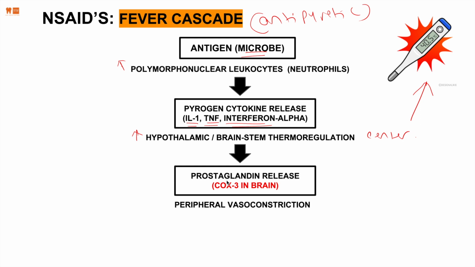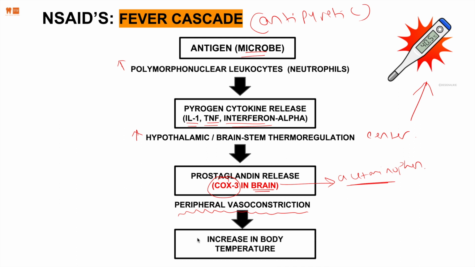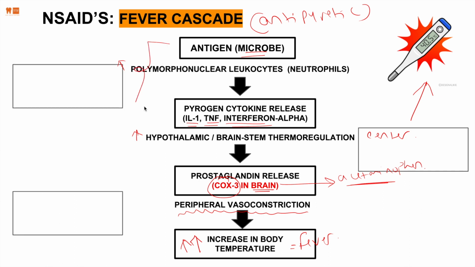This will lead to prostaglandin release, specifically COX-3 in the brain. Remember, so far we've talked about COX-1 and COX-2, right? Well, this is COX-3 in the brain. Where will this be affected? In acetaminophen. We'll talk about COX-3 in acetaminophen. When COX-3 releases lots of prostaglandins, it leads to peripheral vasoconstriction. Whenever the peripheral vasoconstriction occurs, there is an increase in body temperature that we call fever. Now, remember that for this mechanism, we usually take antibiotics. We can stop the fever mechanism here. For this mechanism right here, we take what they call host